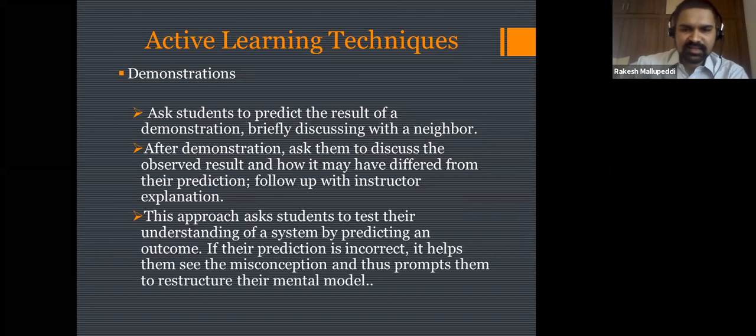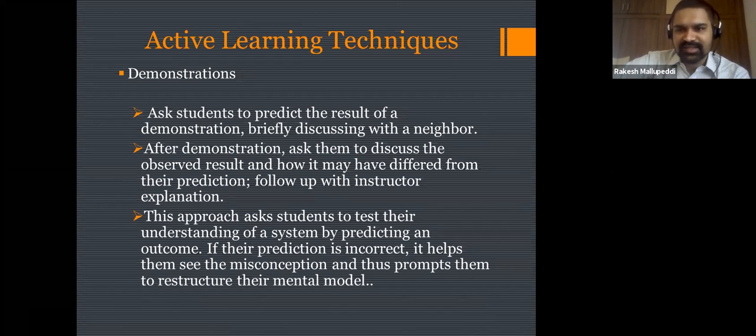So this approach asks students to test their understanding of a system by predicting an outcome. If their prediction is incorrect, it helps them see the misconception, and thus prompts them to restructure their mental model. So you can see,